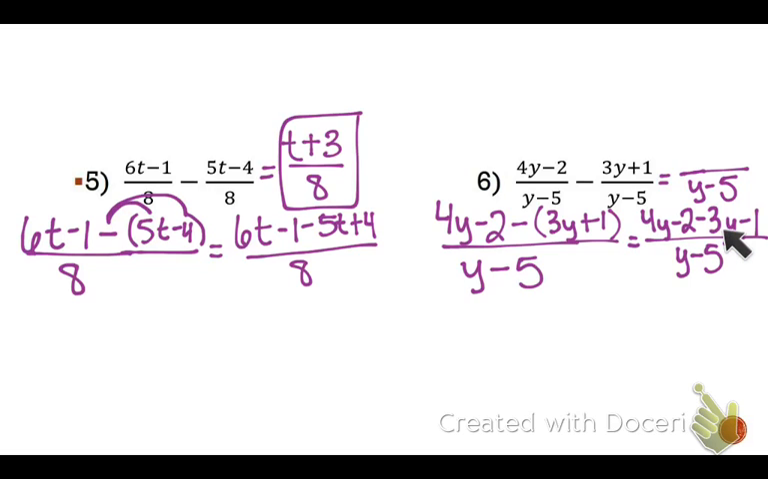4y minus 3y gives me 1y. And then I also can combine negative 2 minus 1, which gives me negative 3. So then can I cross off those y's? No, you cannot. Just like the last few lessons that we were doing, you have to treat those as